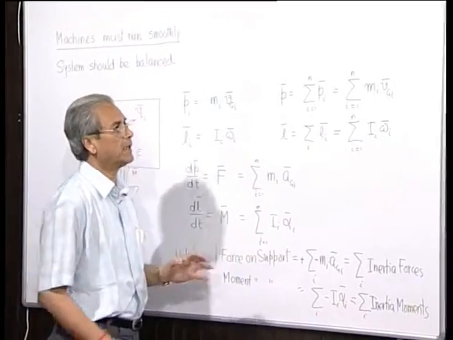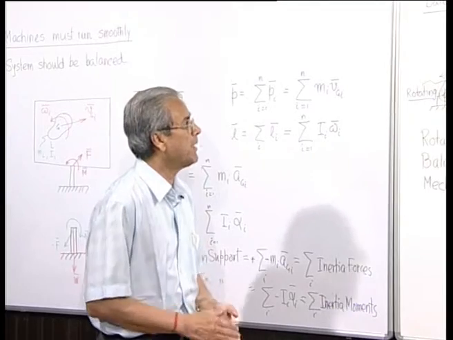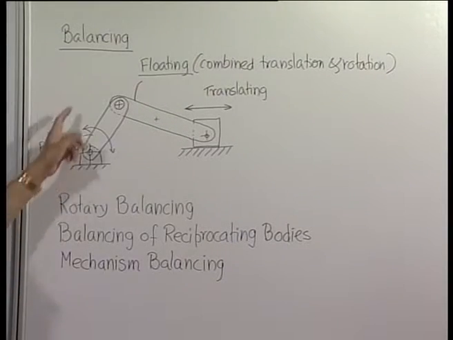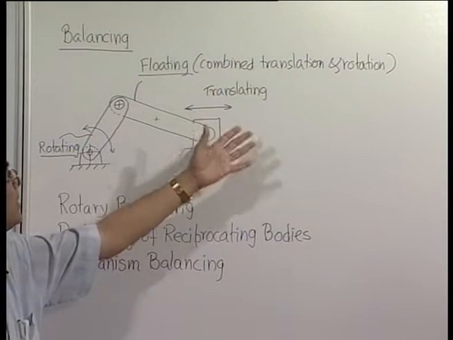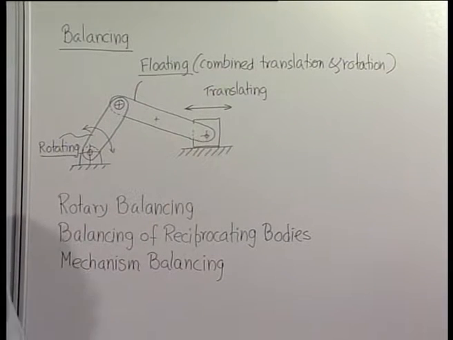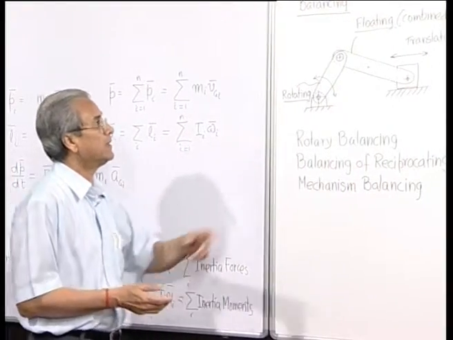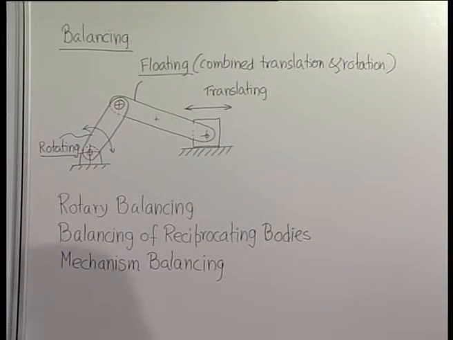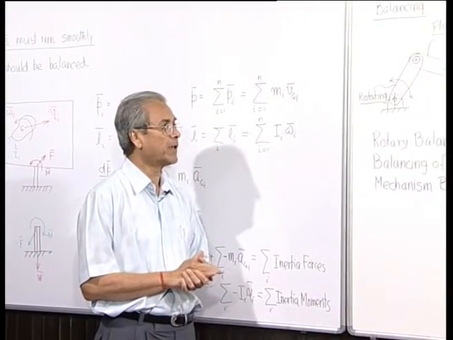We have also seen that a system or a machine will have a number of components. Some of them can be of purely rotary type, an example of that is the crank of a slider crank mechanism. Some of them can be reciprocating or translating bodies, as the slider of a slider crank mechanism, or it can be a floating or complex motion or combined motion body, as in the case of the coupler of a slider crank mechanism. And we will now handle the problem of balancing a machine, that means doing something so that it